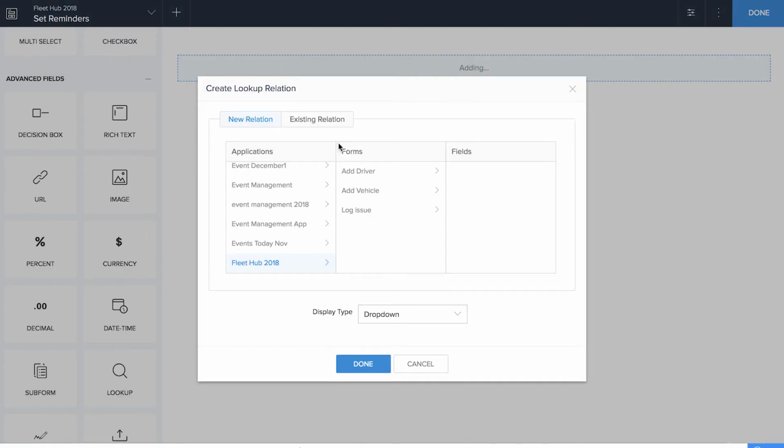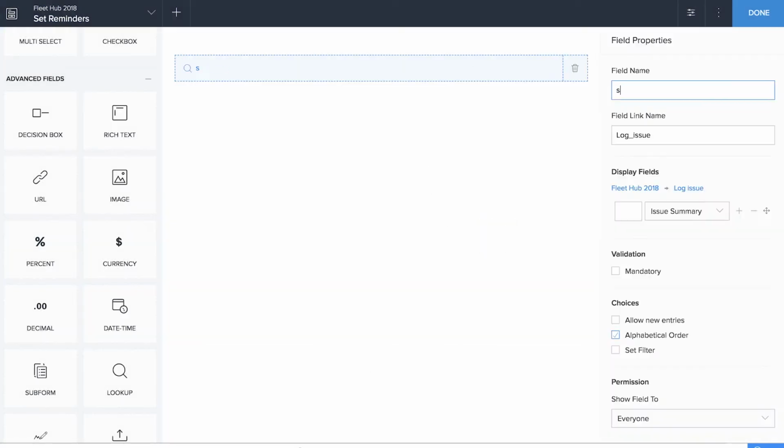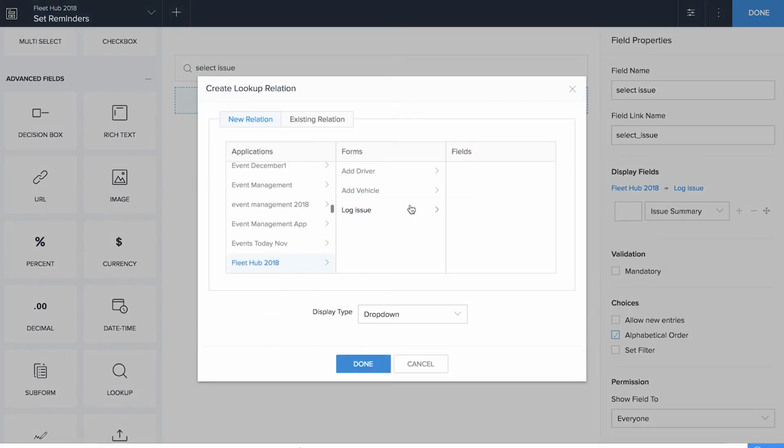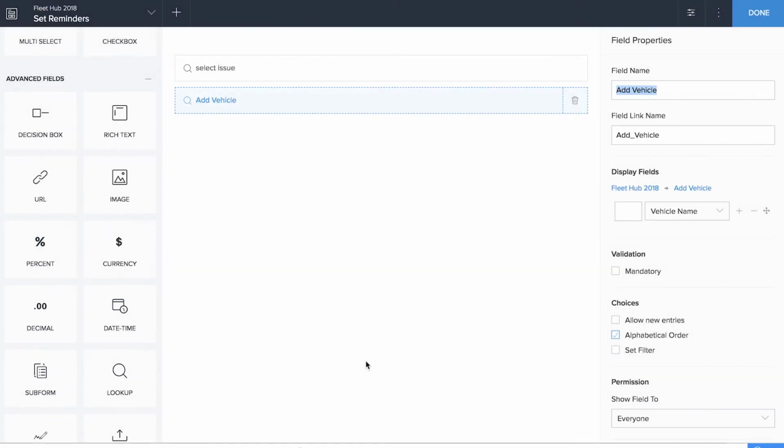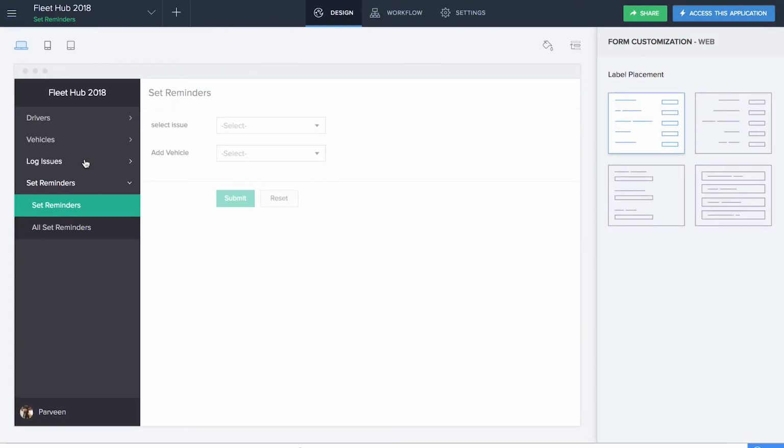So I'll go to my log issue, and here I want the issue summary to be looked up. The field name is select issue, and then I also want a lookup to the vehicle. So I go to add vehicle, and here the vehicle name. So this would give me an idea of what is the issue and which vehicle are we talking about. So once I have my set reminder form, I will go back to my log issue form,